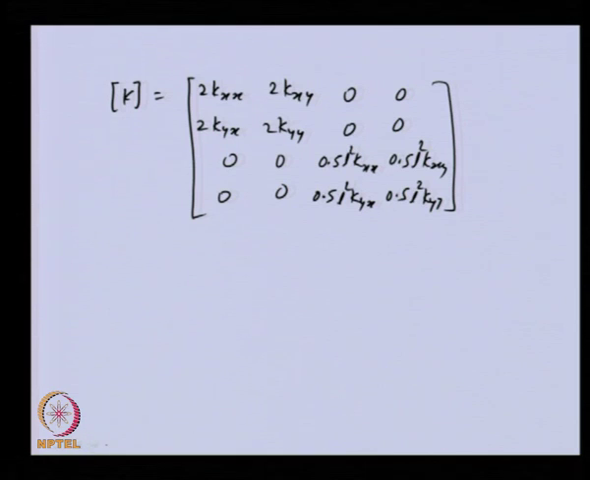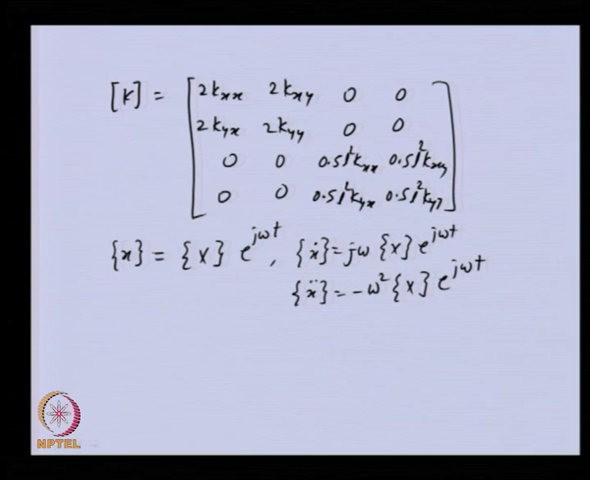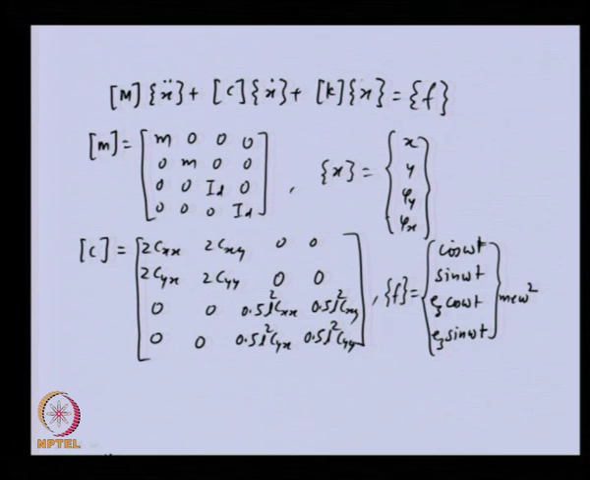Now this can be solved using the procedure described earlier. We can assume the solution of the response as a complex amplitude times e to the j omega t. This will give us x dot as j omega capital X e to the j omega t, and the double dot of this will give minus omega square X e to the j omega t. This solution can be substituted in the equation of motion, and we can get